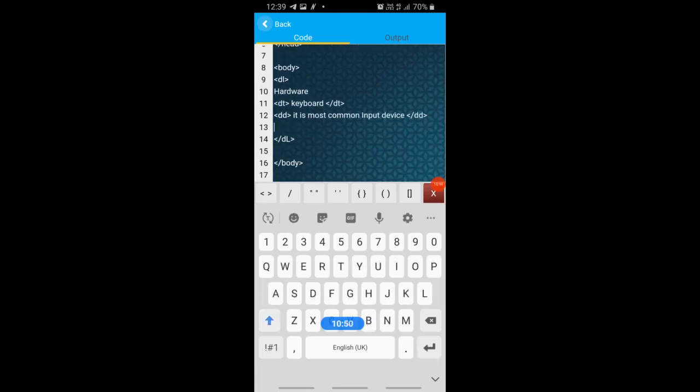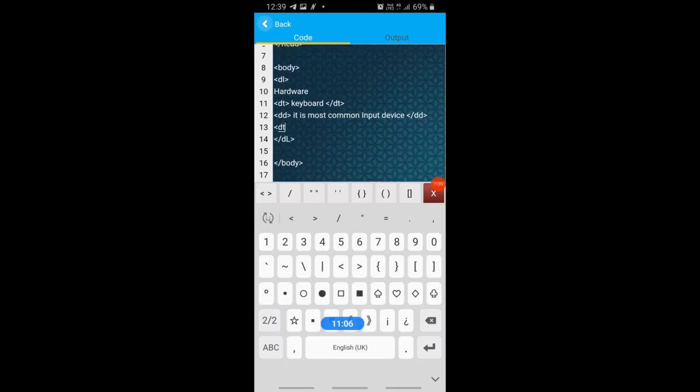That was the first description. Now you have to see the second. First you have to mention the word in dt, which word you are going to define.